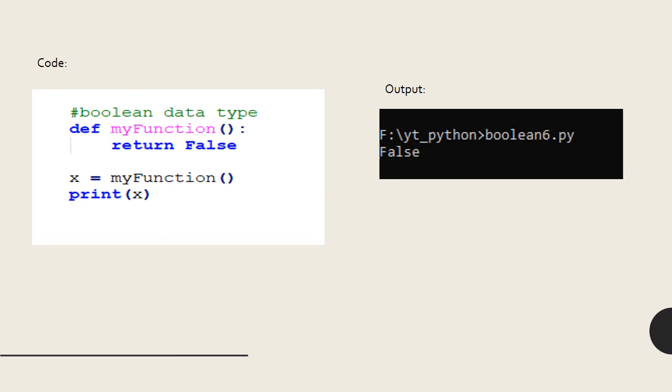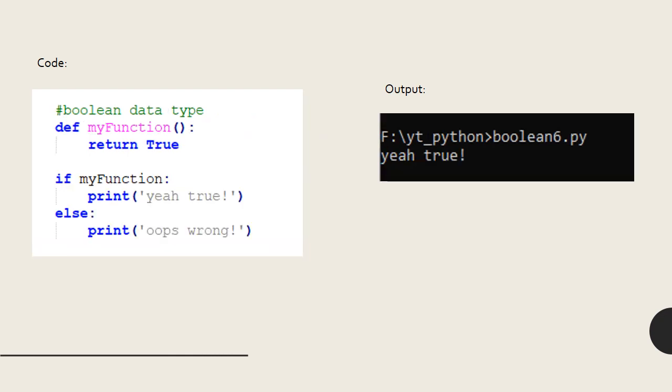Now we are storing the returning value in the variable x and then printing as we discussed above. So we will get the output false, because when we call the my function, that function will return the false value, and that false type of data will be stored in the x, and when we print it, the value of x will be false. It will show in the command prompt.